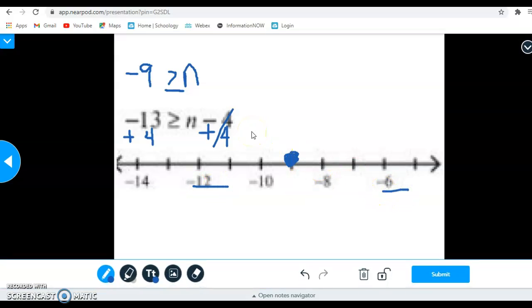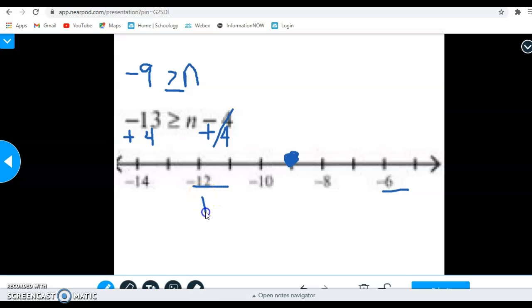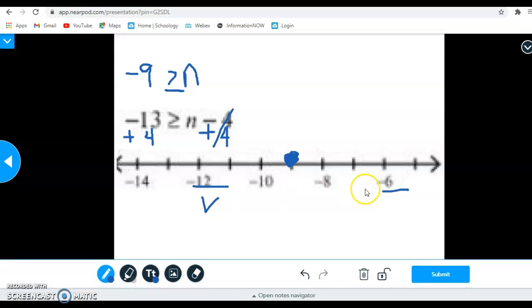We need to know if -9 is greater than n. So if we use -12 for n, is -9 greater than -12? Yes. All right. So we're going to use -6 now for n. Is -9 greater than -6? Is -9 greater than